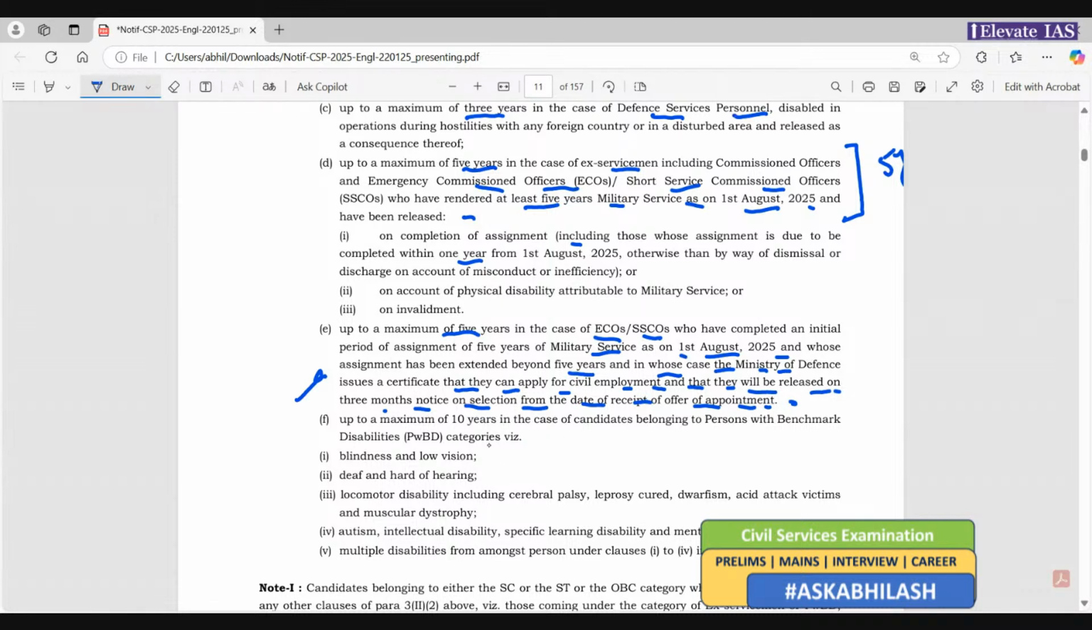And then 10 years relaxation is there for persons with benchmark disabilities like blindness and low vision, deaf and hard of hearing, locomotor disability including cerebral palsy, leprosy cured, dwarfism, acid attack victims, and muscular dystrophy, autism, intellectual disability, specific learning disability, and mental illness, multiple disabilities among persons under clauses 1 to 4,